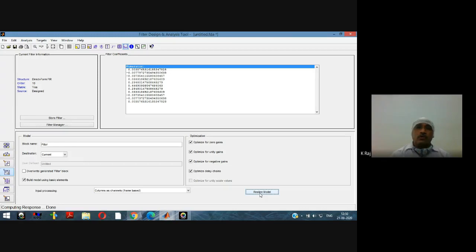In this particular case the filter order is 10, so 10 adders are required here, and 11 multipliers are required, 10 energy states, that is the memory devices, are required here, and 11 coefficients are represented as shown here. In order to see the value of the coefficients, again we will move to the analysis menu, scroll down, and select the filter coefficients, and the filter coefficients will be represented here.